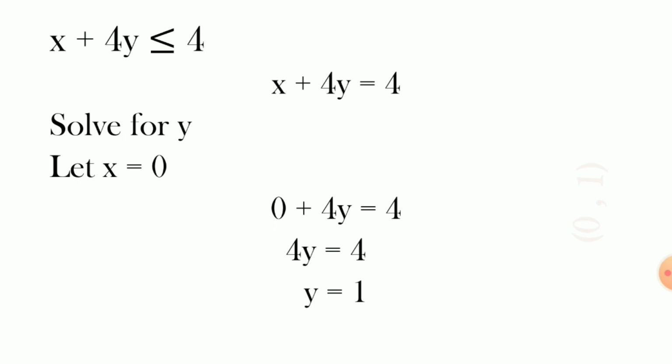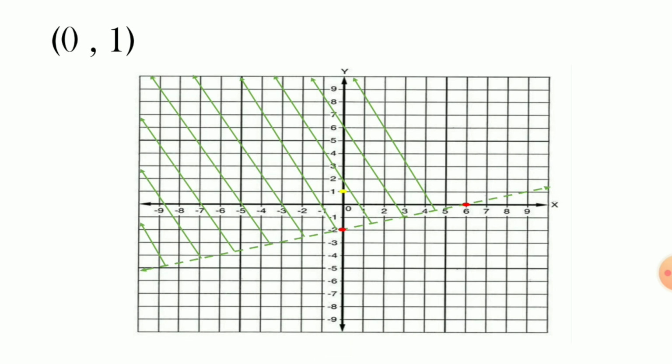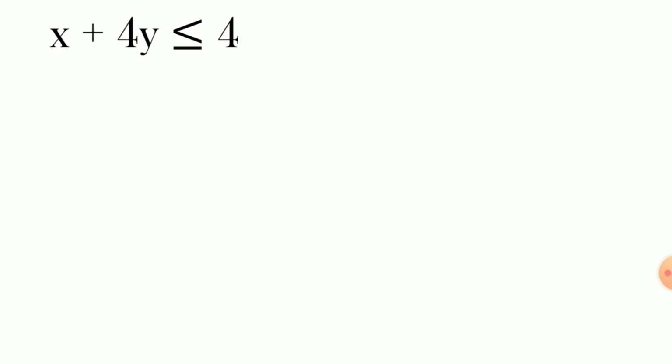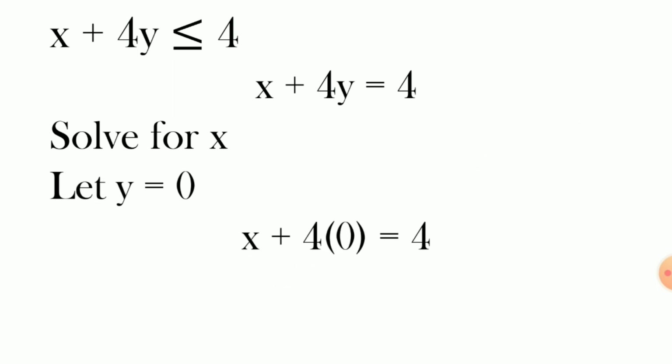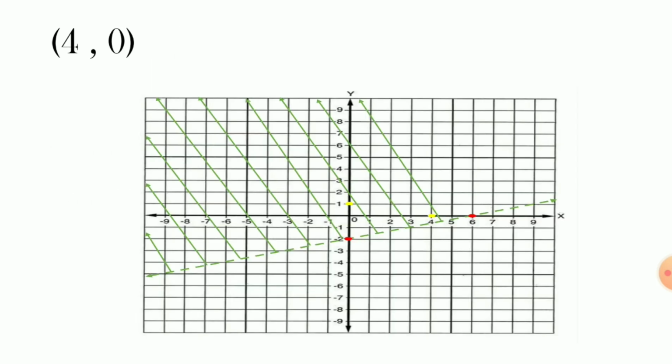So we have the ordered pair (0, 1). Then locate the point on the Cartesian plane. So the ordered pair (0, 1) is located on the y-axis. Next is to solve for x. So let y be equal to 0. That is, x + 4 times 0 is equal to 4. Then x now is equal to 4. So we have the ordered pair (4, 0). Then locate the point on the Cartesian plane. It is located on the